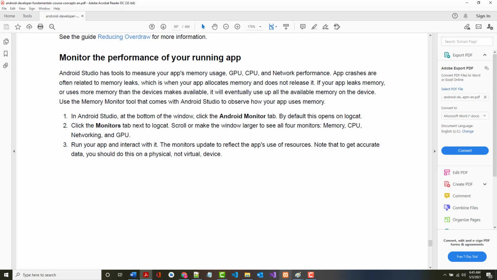If your app uses more memory than it should, it'll eventually use up all the memory on the device. So as mentioned there, you can use the memory monitor tool that comes with Android Studio to see how it's going. How do you do that? As it says at the bottom of the window, click the Android Monitor tab. By default, it opens up Logcat. Well, if we come down here,